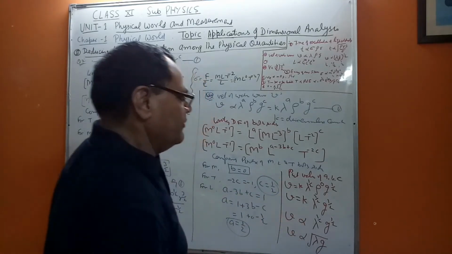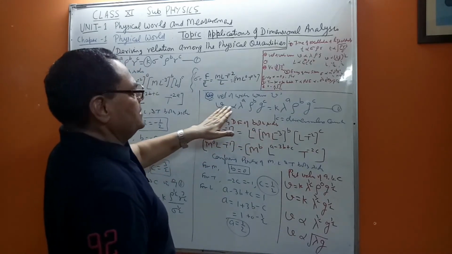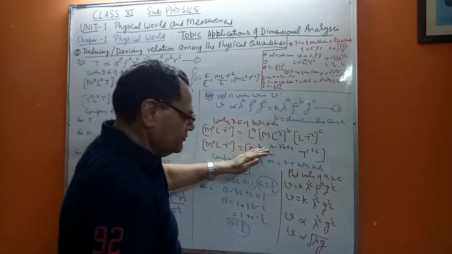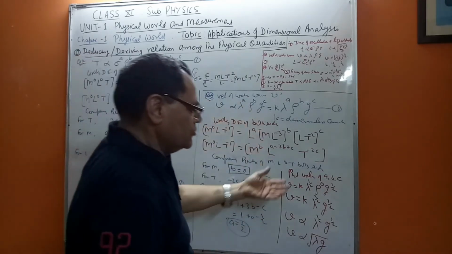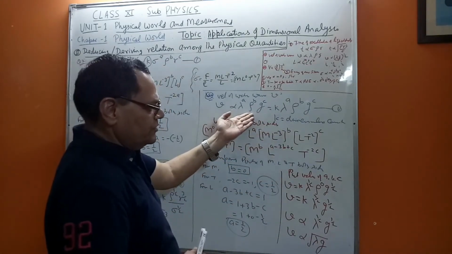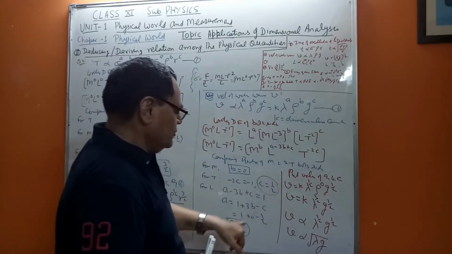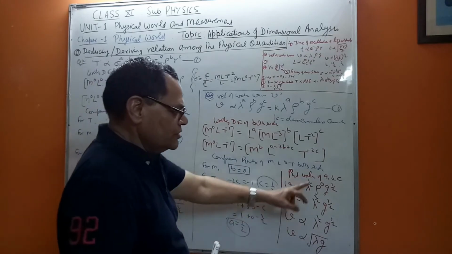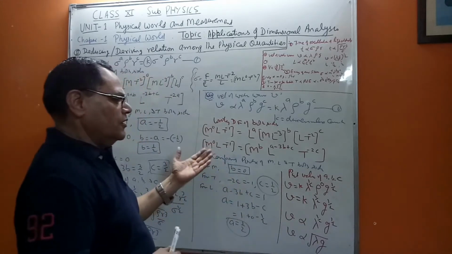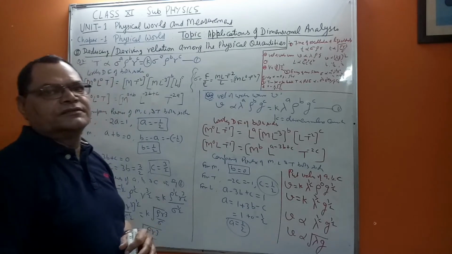Now one important concept we are finding: though we assumed that velocity depends on these three factors, if it does not depend on any one of the factors, you will find that term will automatically be ignored or neglected. Though we assumed dependence on rho, that is density, yet we got the value of power 0, so the term becomes 1 only. That is, there is no dependence of velocity of water waves on density of the liquid. Clear?